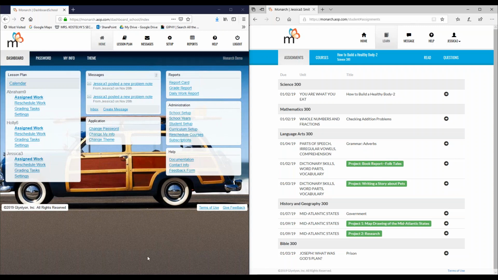Hey guys, this is going to be a Monarch demo outline that you can do at the conventions while you're talking to a parent or a teacher and the student that are interested in the Monarch. What you can do is, before the convention starts, while you're setting up, get your Monarch demo station ready by opening the teacher side and the student side and using two separate web browsers so that you can work at